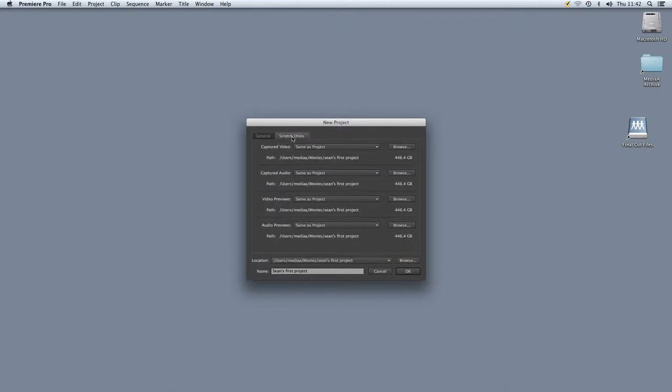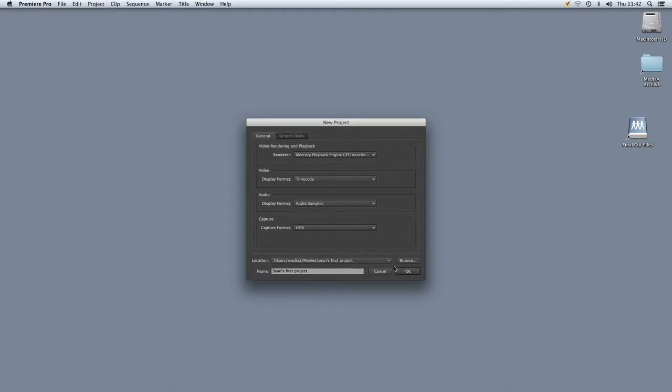That sets also the scratch disks, which is where all of the previews of audio and video are stored, and it's the same as the project folder, so those will all be set up correctly. Once that's done, I can click OK. Make sure that your capture format is HDV, although it doesn't matter too much if you don't remember to do that. Now click